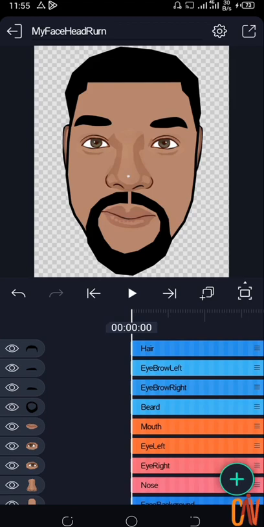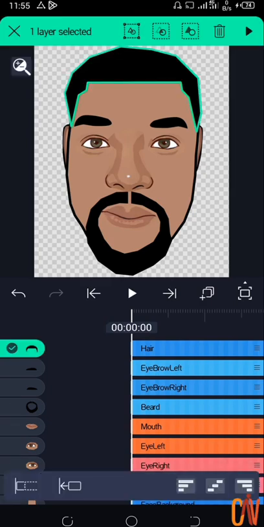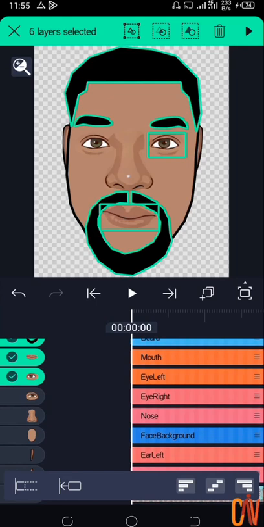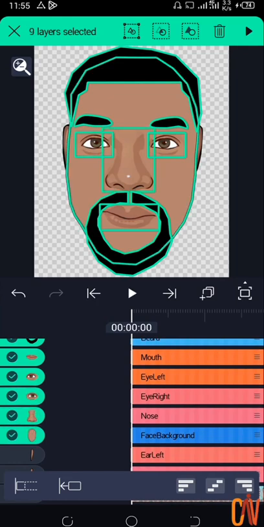Now the next thing you do, once this is brought in, is group this whole face together. And like I told you, how do you group elements together? The way you group elements together is you tap the first one, hold it down. When the green stuff shows, you start tapping the remaining. So we want to tap on every layer of our face: eye, nose, face background,